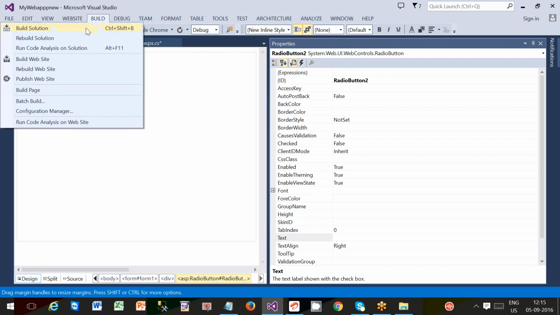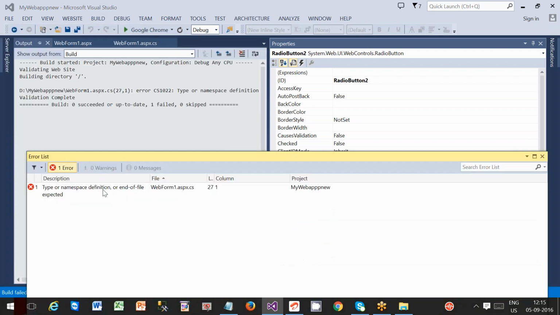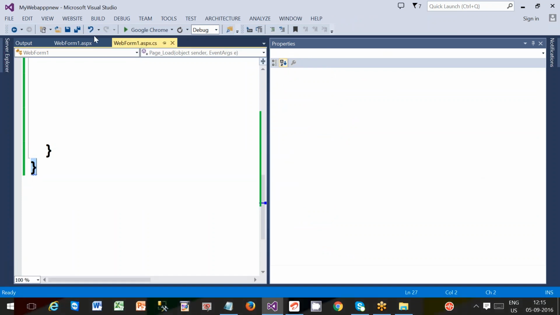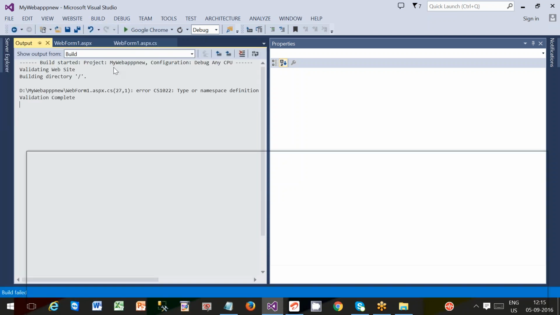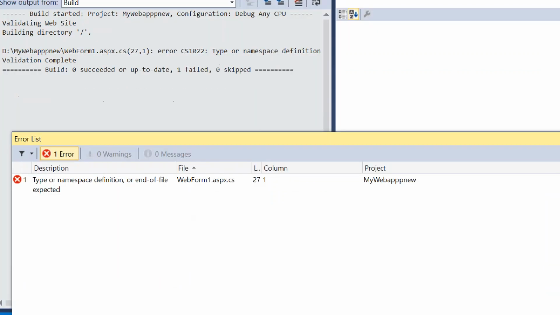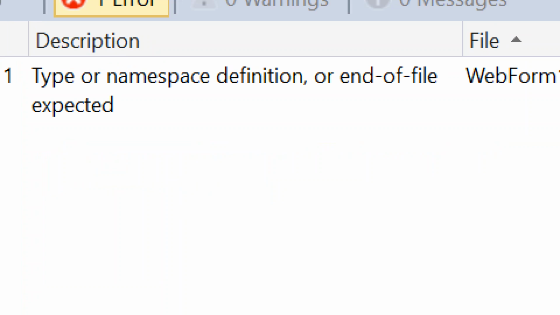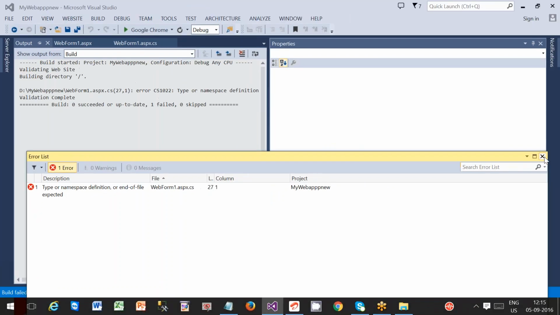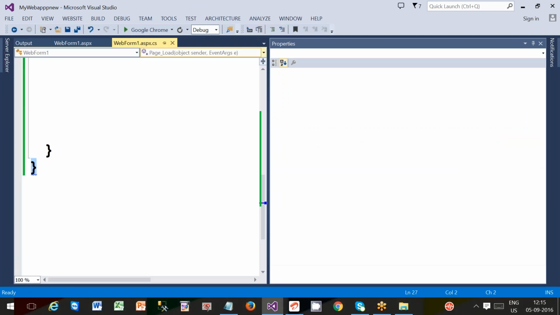Two radio buttons. Compilation and... I think at the end of the file, you are getting some message. You observe this message. Sometimes you may also get: type or namespace definition, or end-of-file expected. Check it. Type or namespace definition or end of file expected means what happened: in my previous example, when I